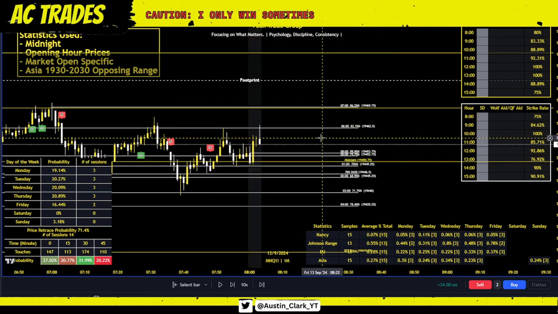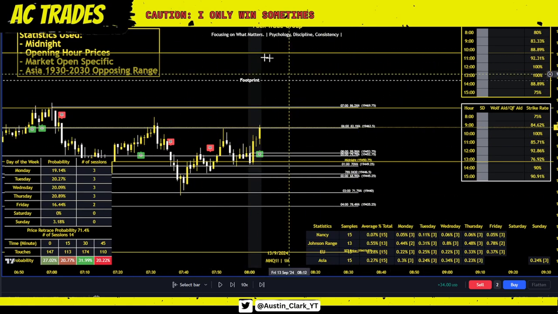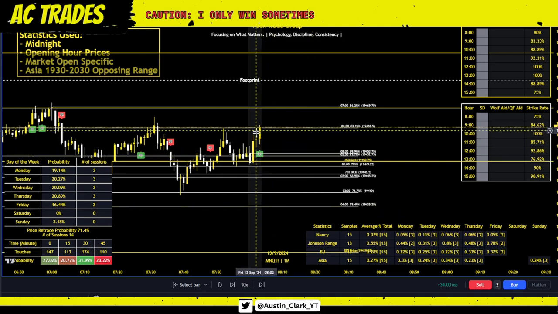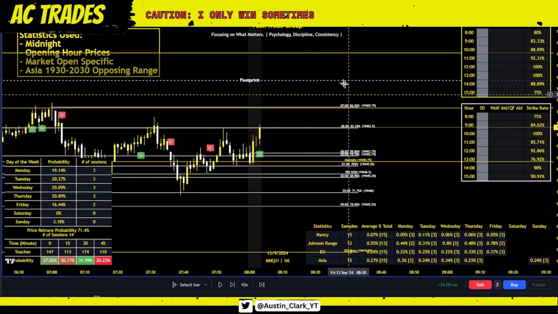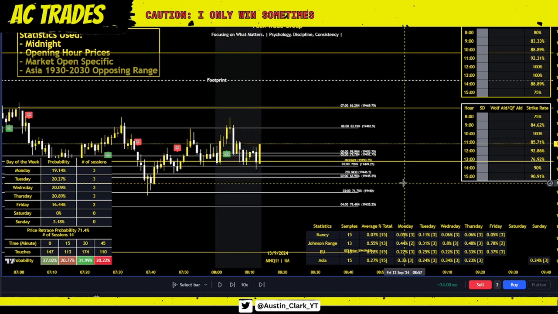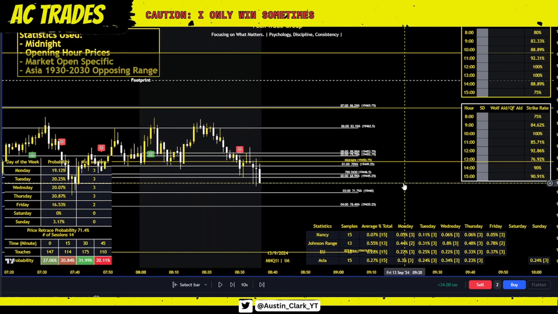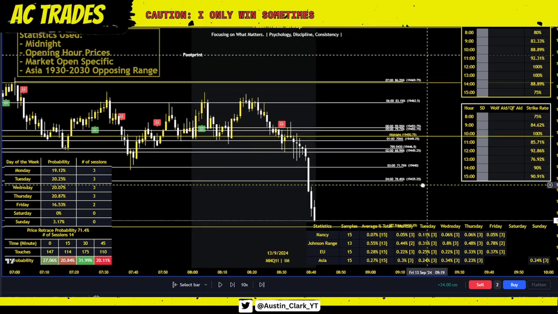We fast forward. Because again, look at this. We retrace midnight. I can't take distributions until everything lines up. So this bullish distribution here is not a good trade because we have data below and data above. Now we keep on going into the day. And look at this. Boom. We took every statistic to the downside.